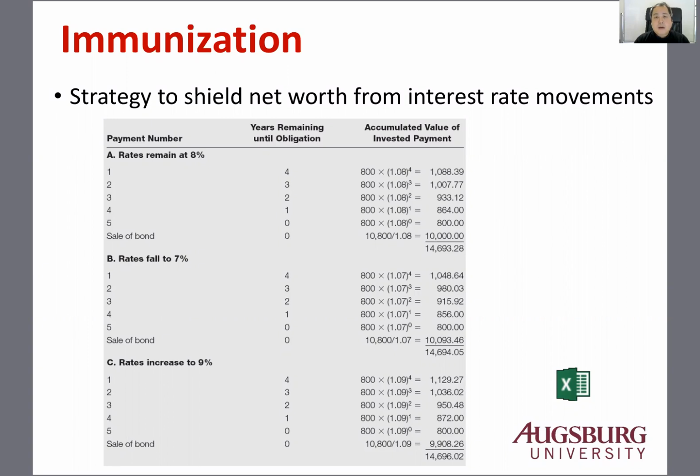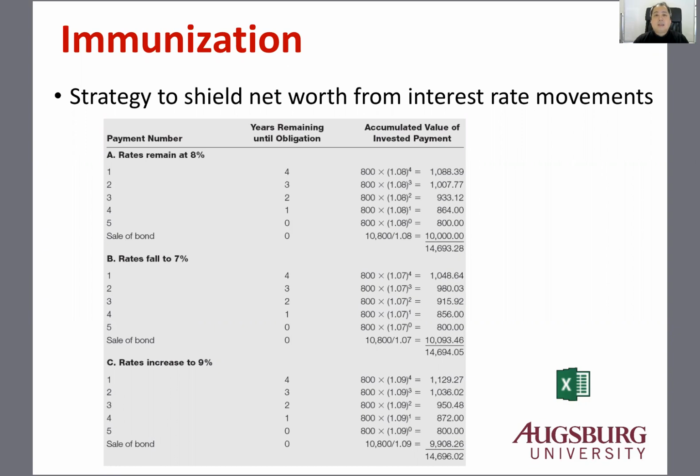So basically, they need to finance through an asset that matches the cash flow of the liability. If you need to pay $100 next year, then you probably need another asset to generate $100 in cash flow to pay that. So that's immunization. The problem is if the interest rate changes,